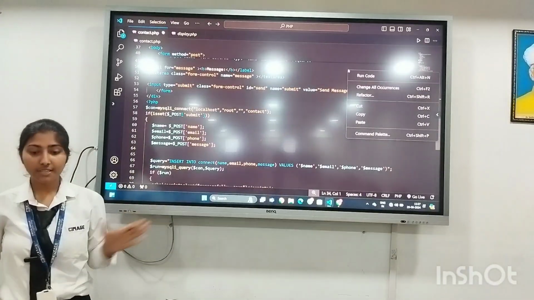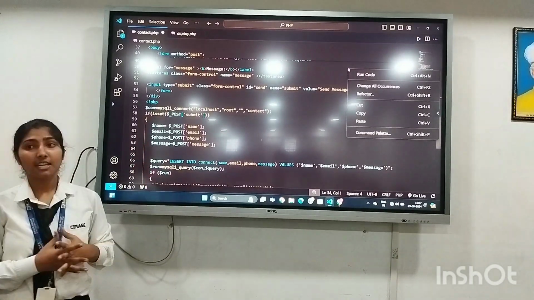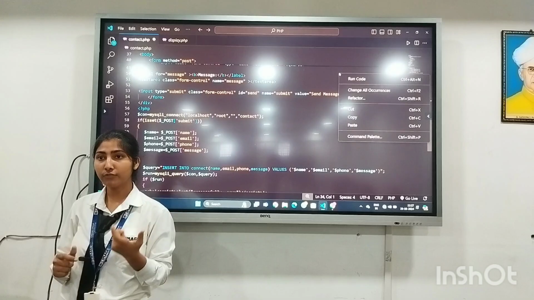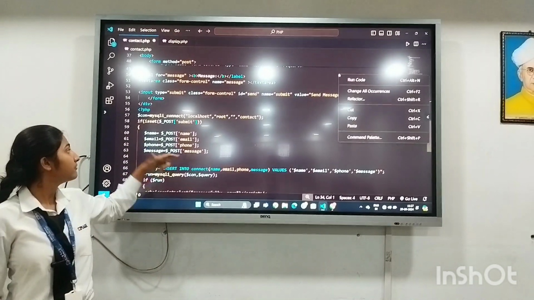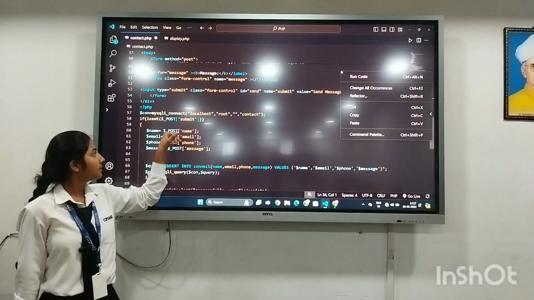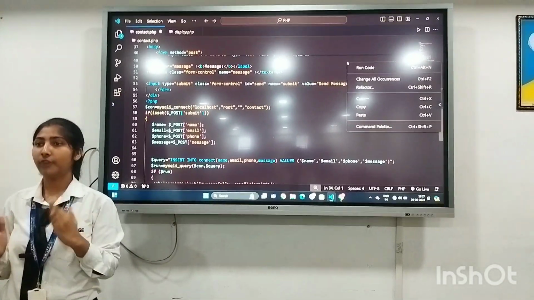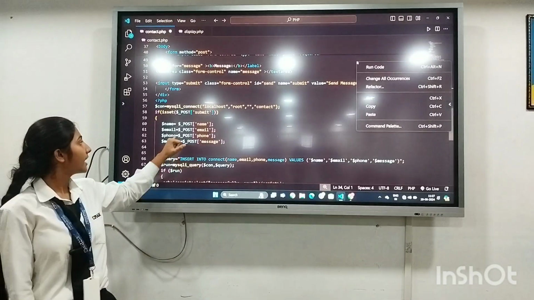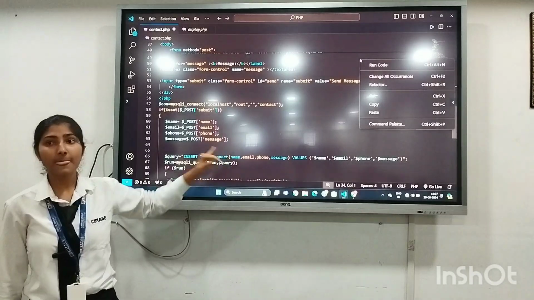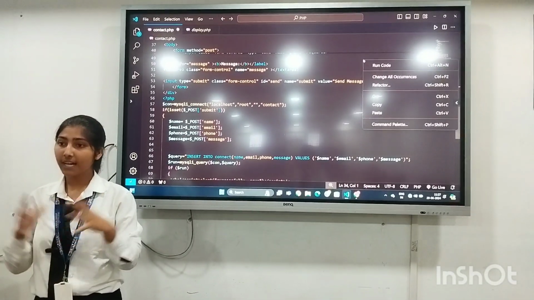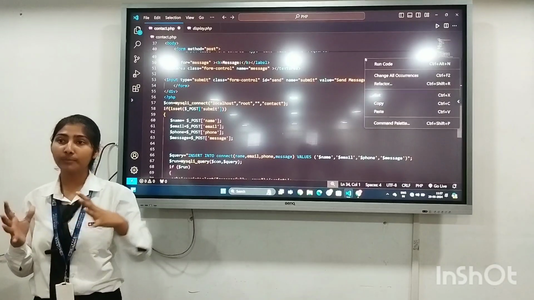Further, I have taken a name variable in which the value of the input whose name is name will be stored. Here, as I used the post form method attribute, I use $_POST. $_POST is used to collect the value from the input.